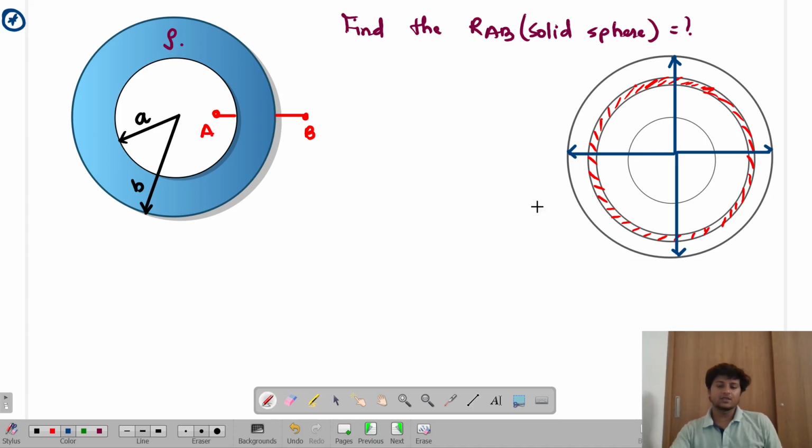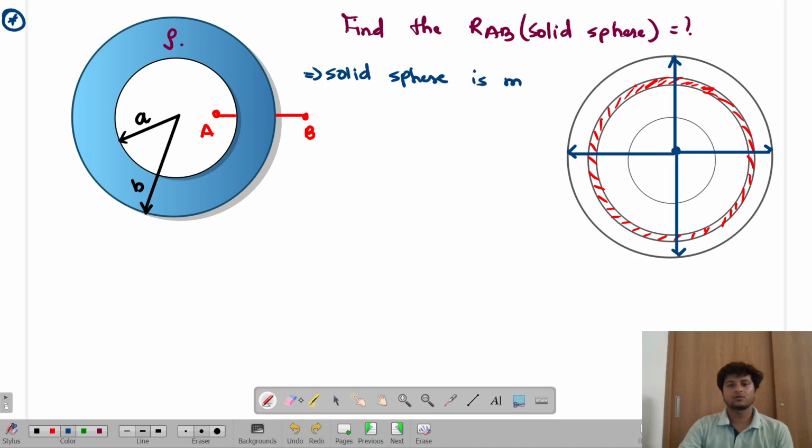Now, if it is my direction of current, and I know my inner radius and I know my outer radius, isn't it? Inner radius is A, outer radius is how much? B. So look over here. Basically, this current is intersecting an infinite number of hemispheres over here or not? Yes. Basically, a solid sphere can be imagined that a solid sphere is made up of